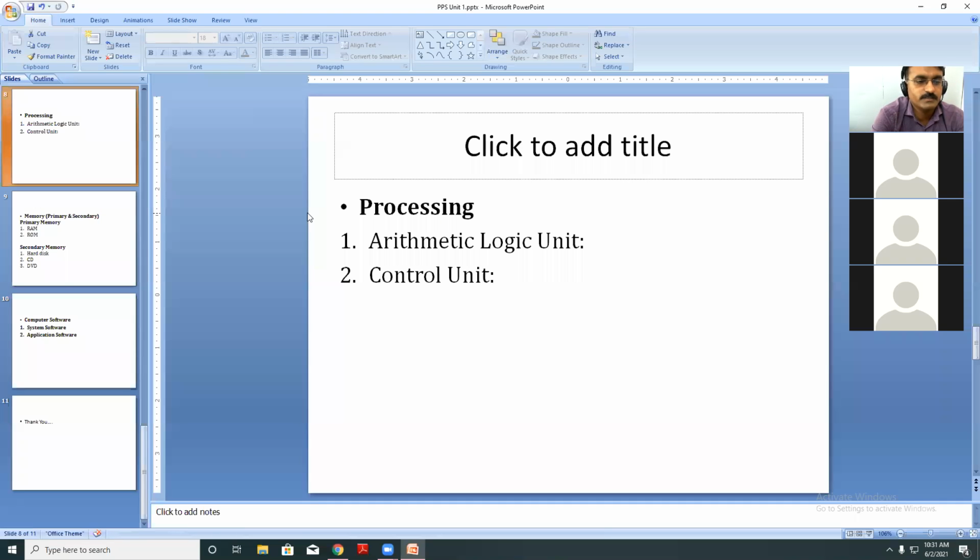Also there are comparison operators like less than or equal to, greater than or equal to, equal to, or simply greater than, or simply less than. So can you tell me what is the difference between less than and less than or equal to? Is there any difference between less than and less than or equal to? Yes, sir. Okay, so can you tell me what is the difference?